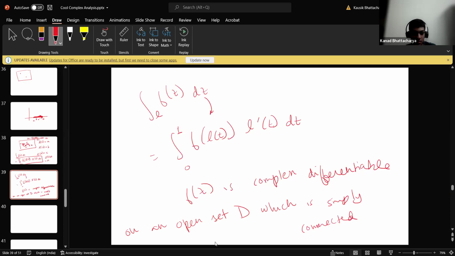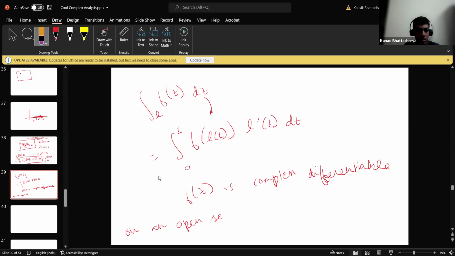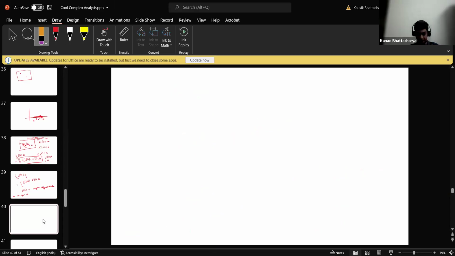Okay, maybe this is kind of a small place for this. I'll just go to the next page. Okay, so here the definition of open sets comes into play. If a function f(z) is